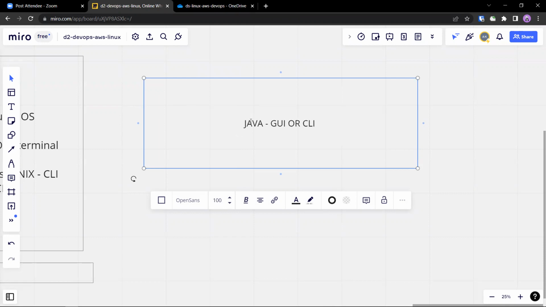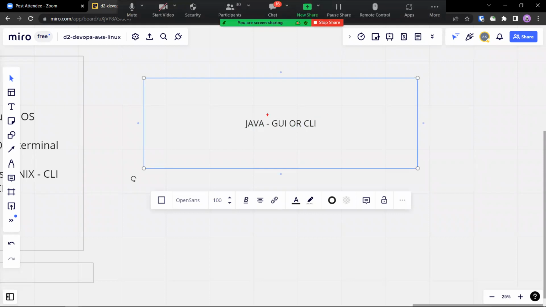Or why is it both? Can you run a Java program using a GUI? Can we do that? We can, right? You can actually create the whole interface using Java. They're usually called thick clients. You install them on your local system. So GUI is there in Java.